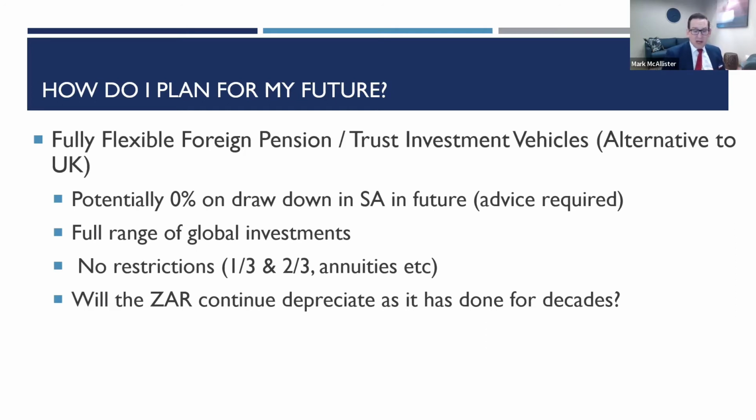And one of the big questions really is, will the rand continue to depreciate as it has done for decades? I literally was having this conversation with a client this week. 10 years ago, it was 10 rands to the pound. If you bought money down there and bought a house, it's effectively halved in value to where we are now at 20 rands to the pound. So my question is, if you bought a place in South Africa 10 years ago, has it doubled in value in that 10-year period? Unfortunately, probably hasn't, because of the challenges post-COVID in the property market, as an example.